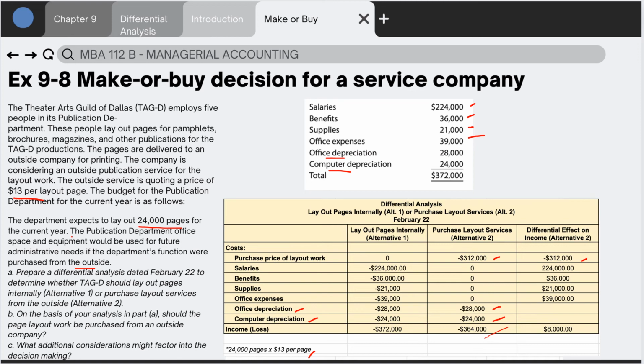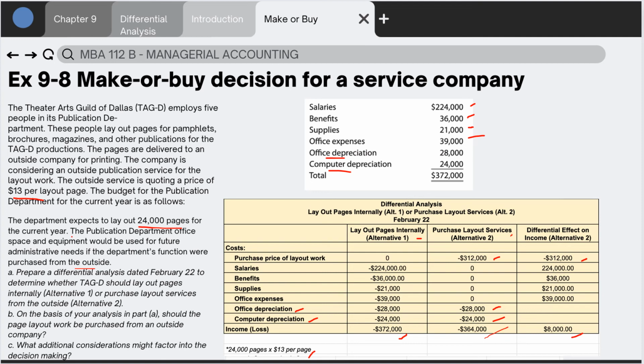So the differential income or loss would be $8,000. That means the best alternative is to purchase the layout services instead of doing it internally, because we have a cost of $364,000 in purchasing it outside of the company compared to the $372,000 cost if they lay